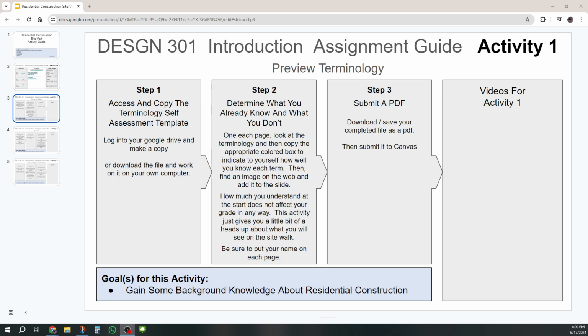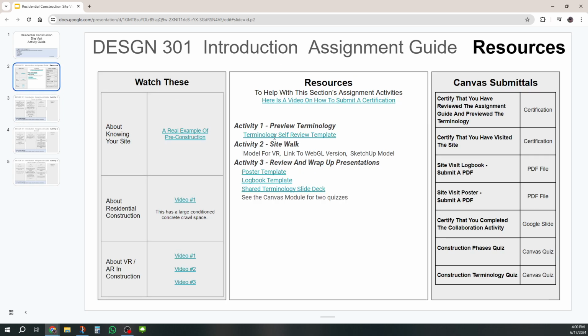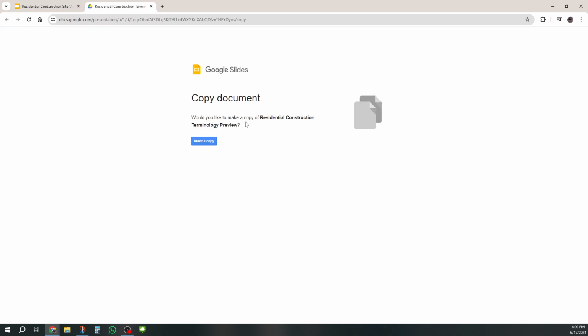Let's take a look and see how to do the preview terminology activity. That's activity 1. So we need to get the template. To do that, you need to log into your Google Drive and make a copy. Or you can just download the file and work on it on your own computer. But I'm in my Google Drive, so let me go ahead and click on the link, select the link, and